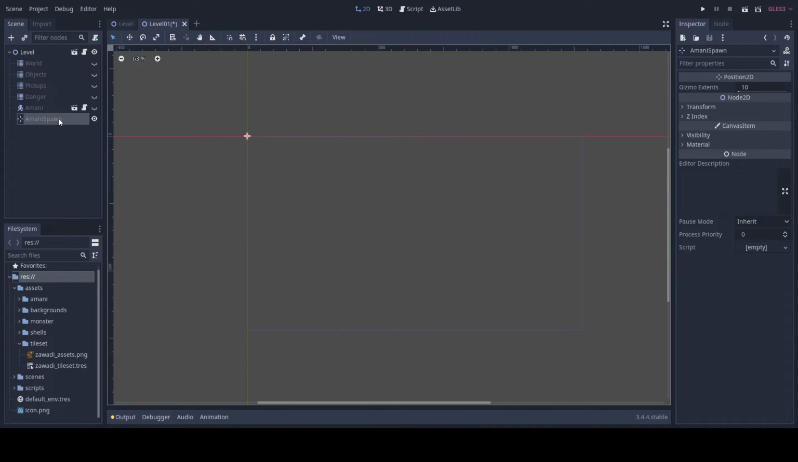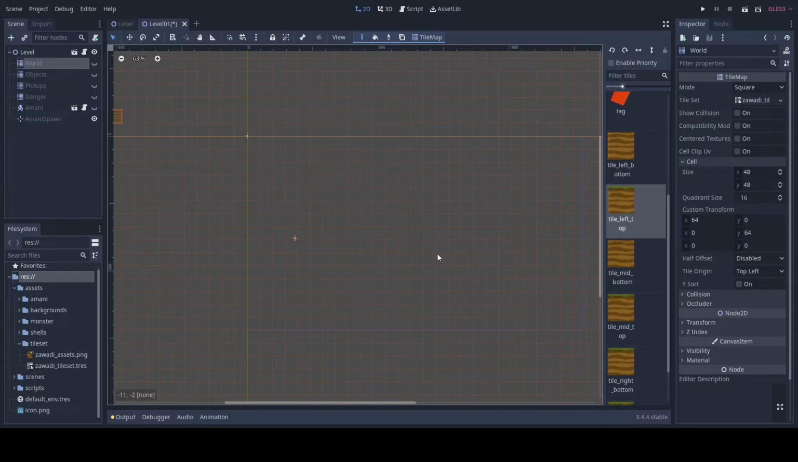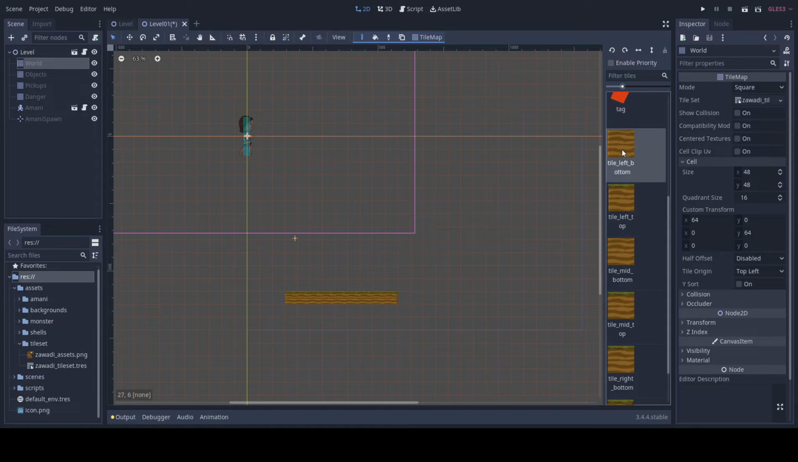So in our level01 scene, we can now start designing our level. Just zoom out a bit. For our Amani spawn point, we want to move it somewhere there, and then go into World. All you need to do is pick a tile, and before I do that, I think I need to make all these others visible. So tile left top, which is the tile that appears on the top left side of a platform. Then tile top mid, can go ahead and make a long platform like that. Then tile right top, this one here, can be on the edge like that. Then tile bottom left, you can have it here and here. Then the middle tile,